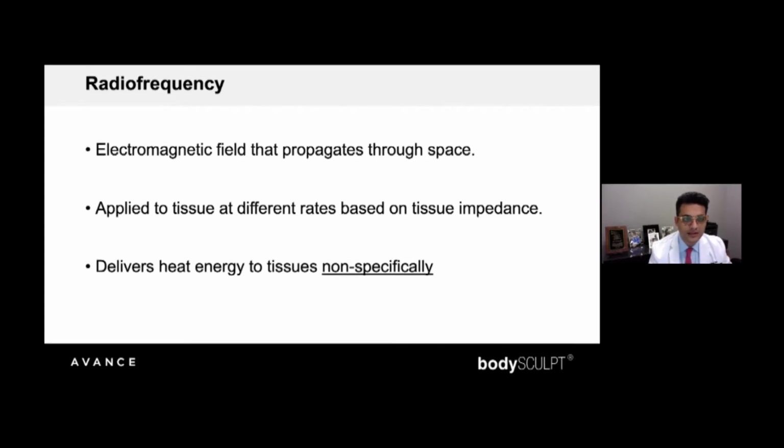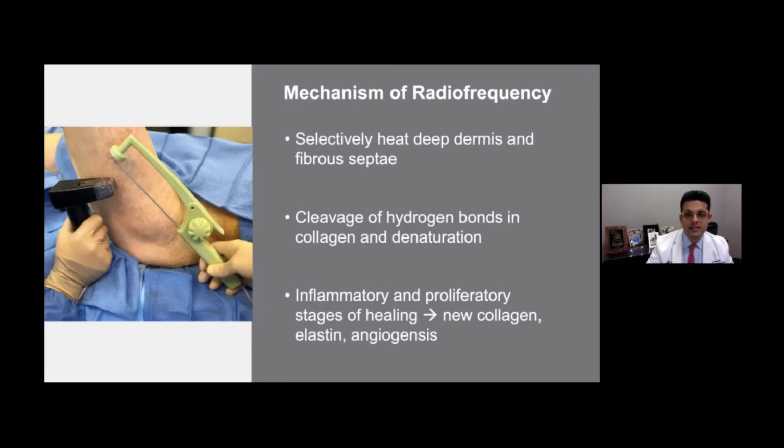So collagen and fat have more resistance, and because of this resistance, they preferentially generate more heat. So these are the minimally invasive technologies we use, and basically they work by cleaving hydrogen bonds and denaturing collagen, so there's some immediate soft tissue contraction, but really the long-term effect of radio frequency is the initiation of an inflammatory